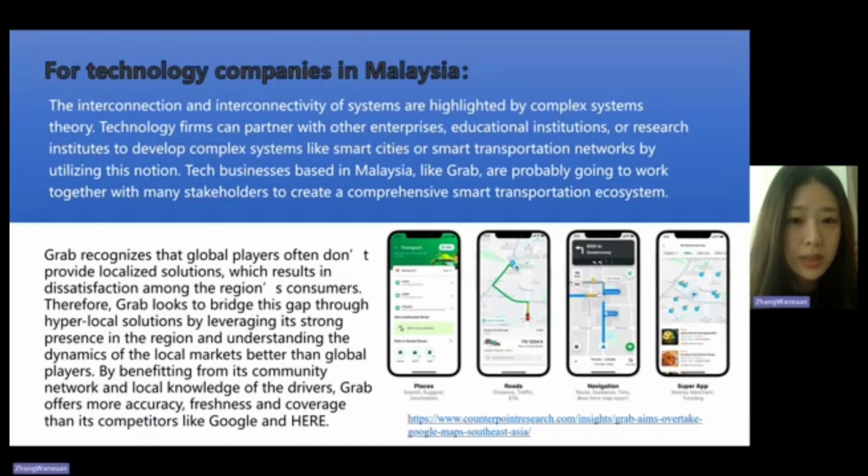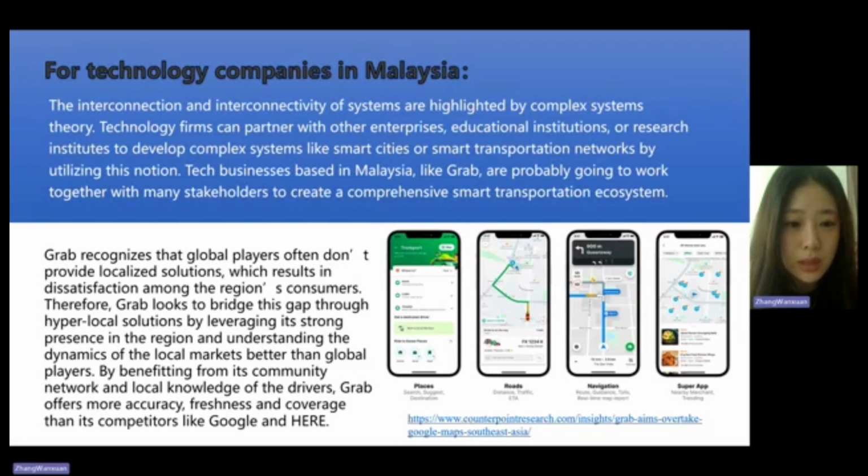For technology companies in Malaysia, the interconnection and interconnectivity of a system are highlighted by complex system theories. Technology firms can partner with other enterprises, educational institutions, or research institutes to develop a complex system, like smart cities or smart transportation networks, by utilizing this notion. Tech businesses based in Malaysia, like Grab, are probably going to work together with many stakeholders to create a comprehensive